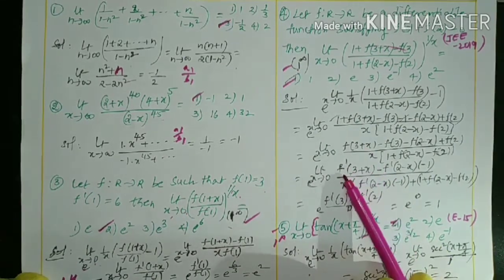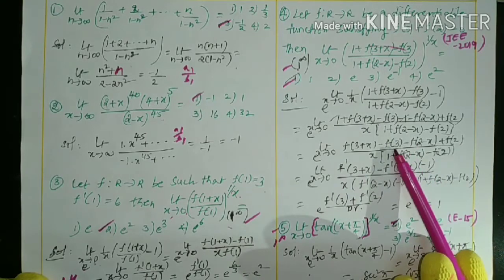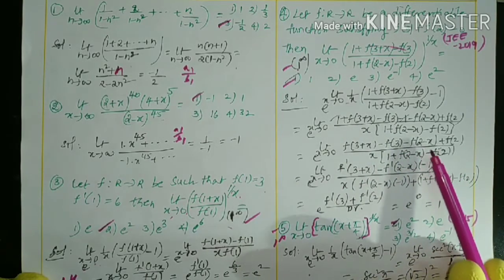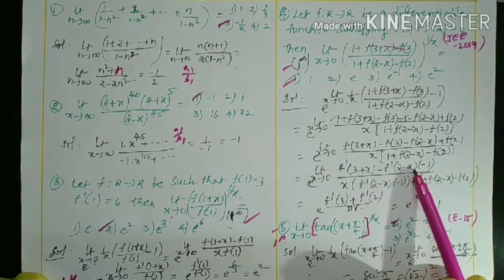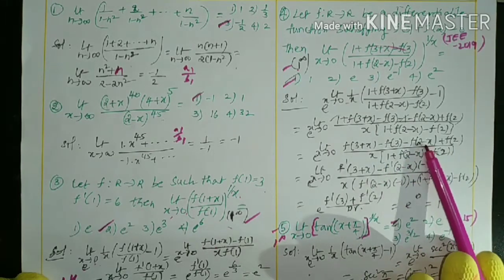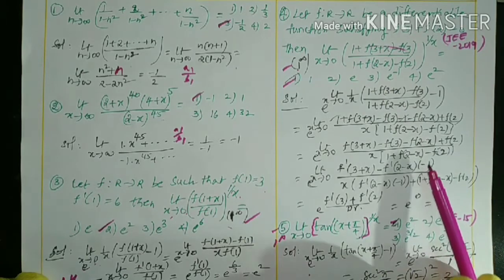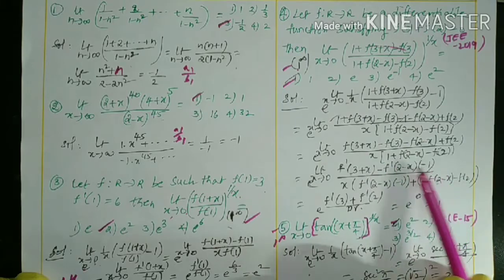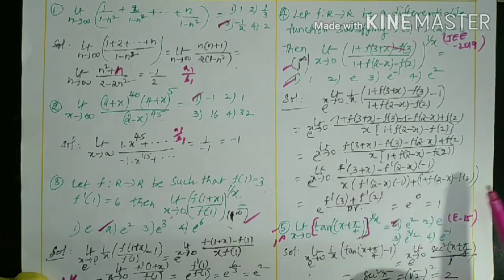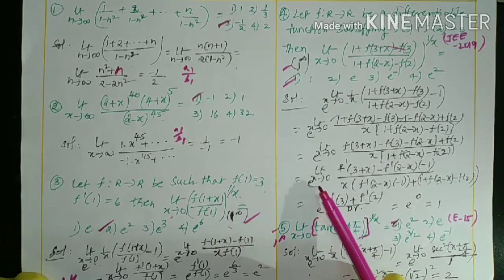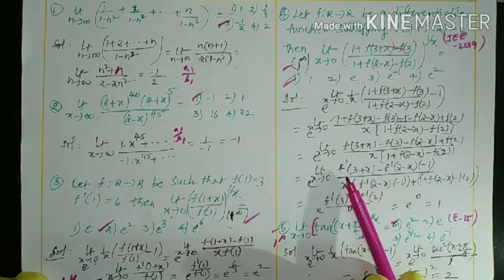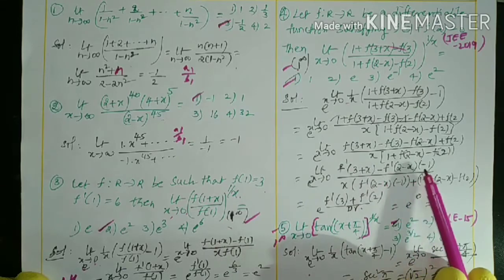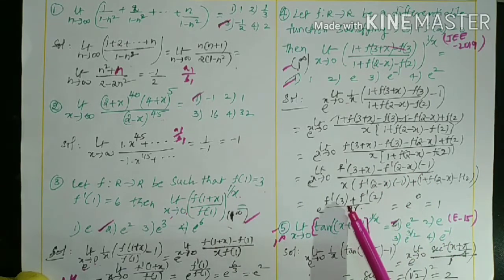The derivative of f of 3 plus x is f dash 3 plus x, the derivative of f of 3 is 0. No need to write. The derivative of f of 2 minus x is f dash of 2 minus x, and already the minus is there. The derivative of 2 minus x, you know well, is minus 1: 2 derivative 0, minus x derivative minus 1. In the same way for the denominator, you can apply the UV rule. By applying the UV rule, it becomes like this. And x is 0. By using x is 0, what does the numerator become? f dash of 3 plus 0, f dash 3, minus of minus, plus f dash 2. That is f dash 3 plus f dash 2.